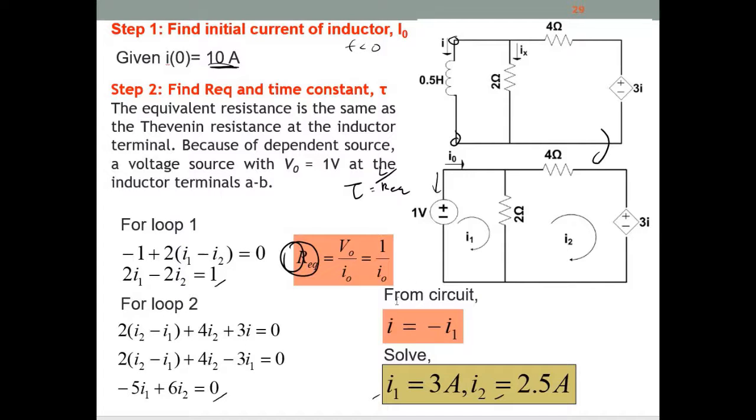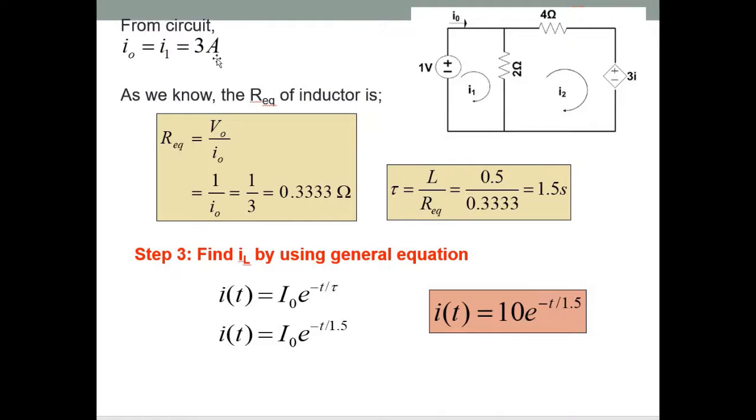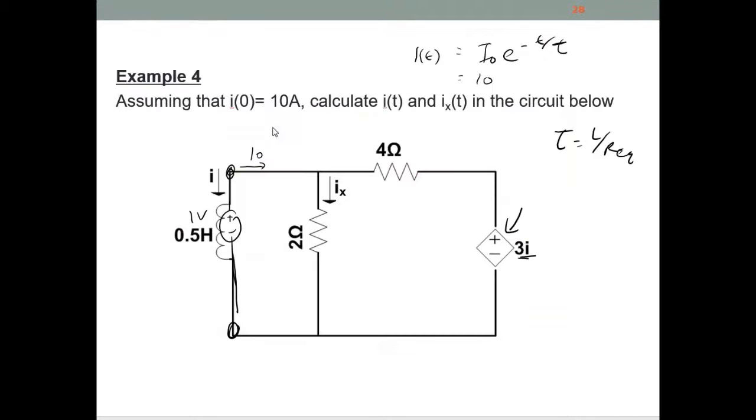So I naught here is actually equal to I1, 3 ampere. Straightforward: R equivalent is V naught over I naught, 1 over 3, which is 0.33 ohm, and we can proceed to find tau, L over R equivalent, which is 1.5 second. So based on this, here I1,